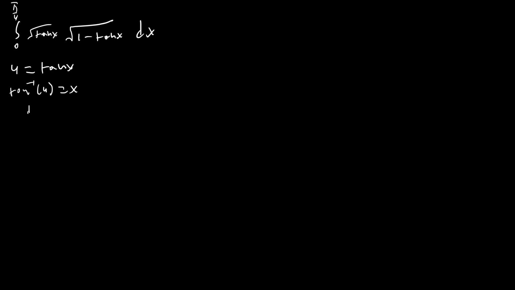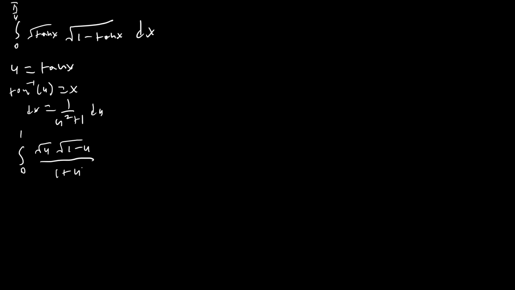So we're going to have the integral from 0 to pi over 4 of square root tangent x times square root 1 minus tangent x dx. So we're going to start with the obvious substitution, u equals tangent x. And then we're going to have inverse tangent of u equals x, or dx equals 1 over u squared plus 1 du. So we'll have the integral from 0 to 1, square root u, square root 1 minus u,